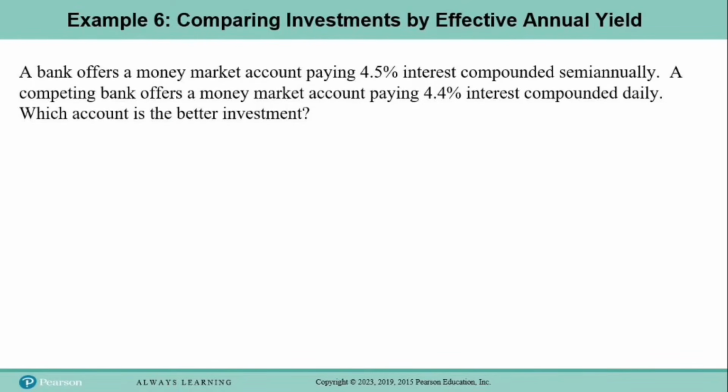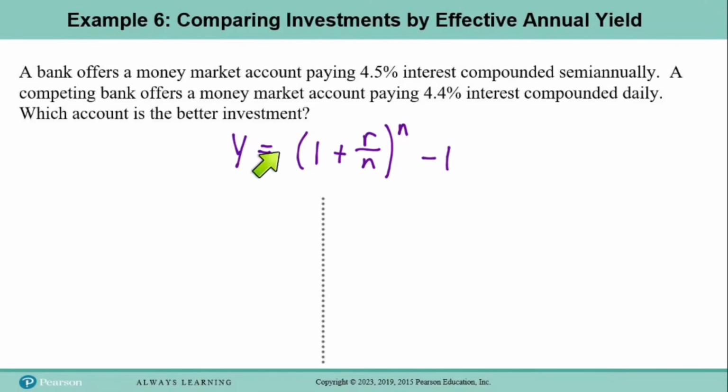So what we'll do is we'll calculate the effective annual yield for each one, and then because it's an investment, a higher interest rate is better for us, so the one that has the higher effective annual yield will be the better investment. Okay, so here's our effective annual yield formula, and the first account has a 4.5% interest rate,